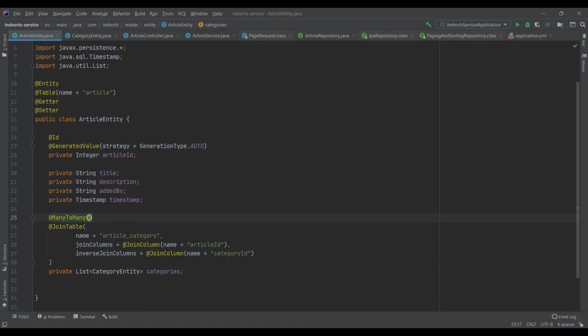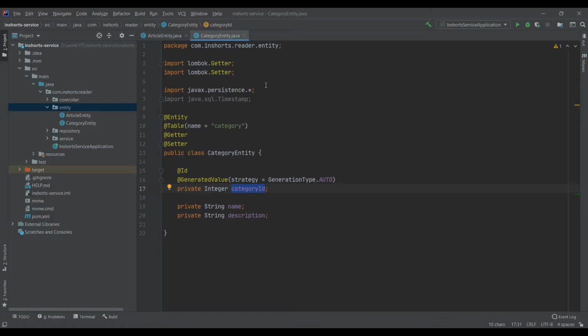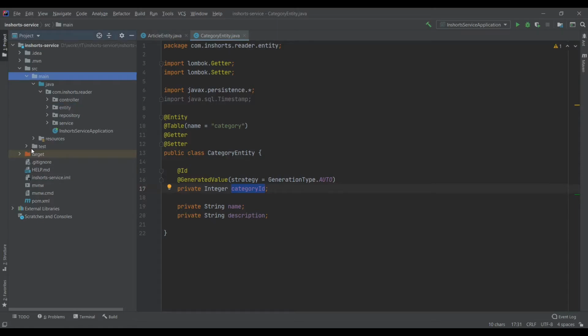Now there's also a thing called cascade type, which is used for bidirectional relationships. I'll come back to it later because it would be very confusing if I just write it here. In the database, we currently have only article as the table, so we need to create the category entity. It is not good practice to create tables on the basis of your Java code, but for the sake of this tutorial, we'll do that.